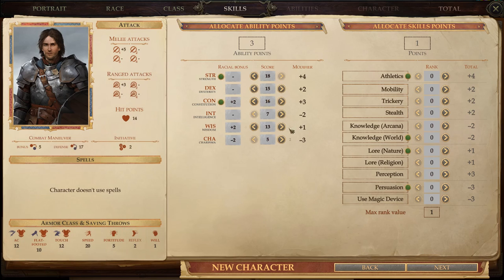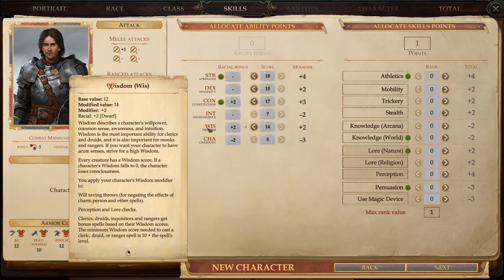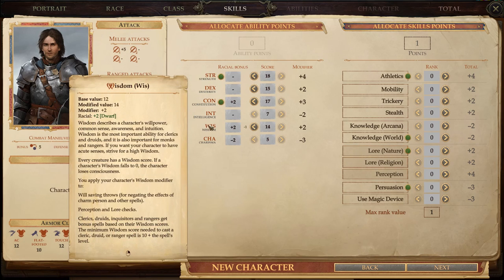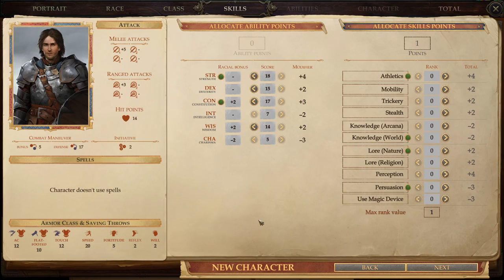If we wanted to change this build at all, we might do something like this, where we have a little bit more wisdom. This would lower our armor class and reflex saves, but it gives us a bonus to our wisdom and therefore our will saves. So really, this is going to be up to you. Personally, I would advise that you have a higher dexterity score, and the reason for this is that this is going to give you more armor class, which is going to make you more durable regardless of what kind of build that you do. But the build specifically we're going to start with is a power attacking two-handed greatsword character,